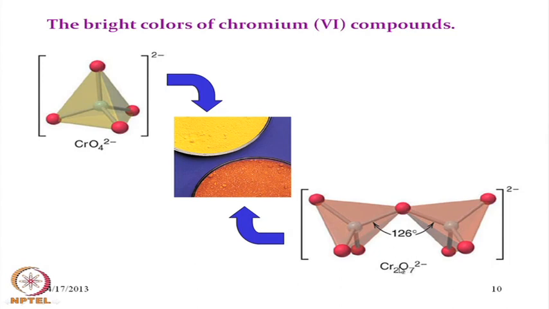But in some acid base reaction, these two chromate anions in acidic condition can condense to form the dichromate anion, and this dichromate anion is still a strong oxidizing agent, but with the removal of one water molecule in presence of two protons, we have a situation where two tetrahedral units, this is the tetrahedral fragment of chromate, two tetrahedral